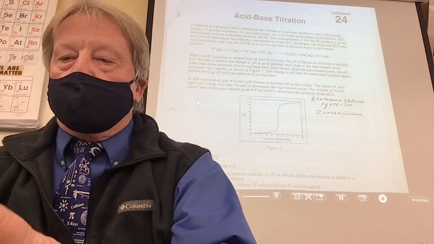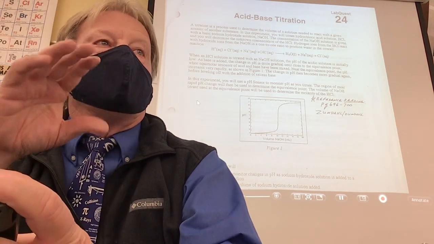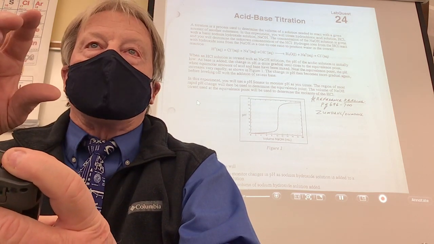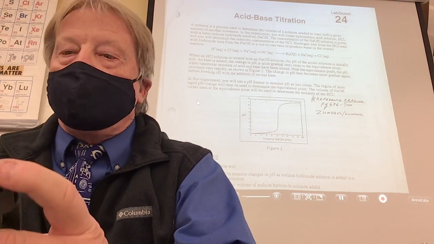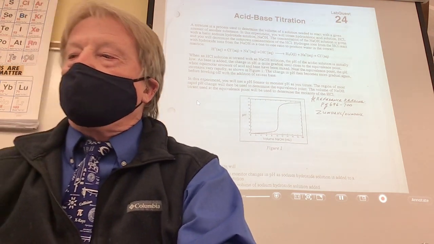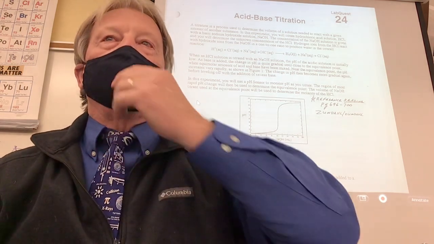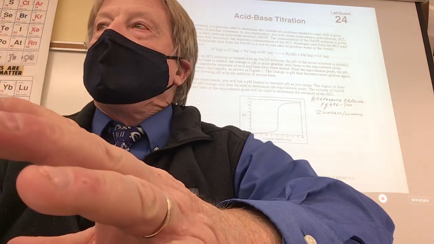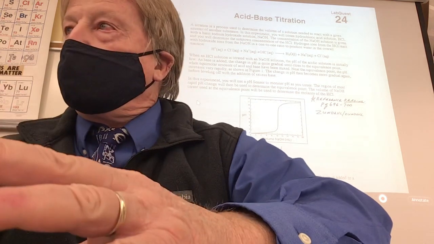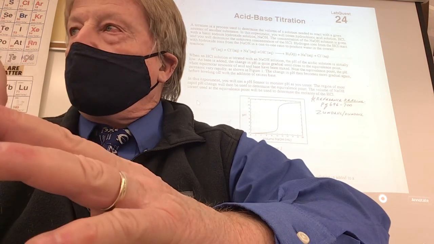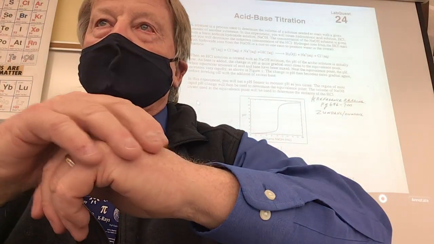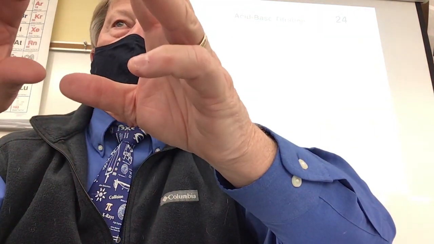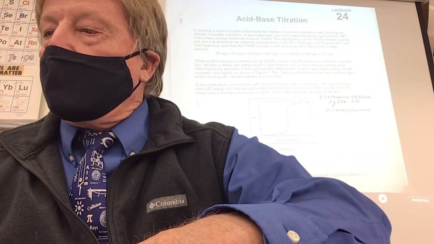I charged them up, but I'll probably go ahead and give you the plug-in anyway, because I don't want your power to run out just at the wrong time. So I'll probably give you the plug-in and all that. But what you're going to be doing is the same experiment, and you're going to have your stir station, and now you're going to use a pH probe. The pH probe is electronic, and it's going to sense what the pH is. So you're going to start it, and the directions are here. That's the good news. All the directions are here. So I want to go over a little bit of this.